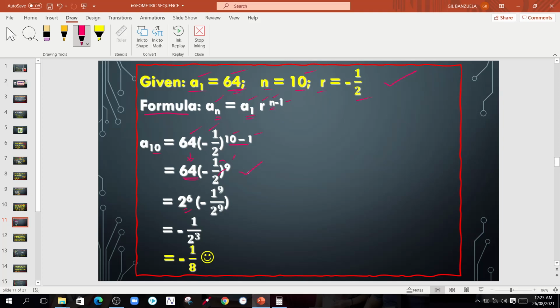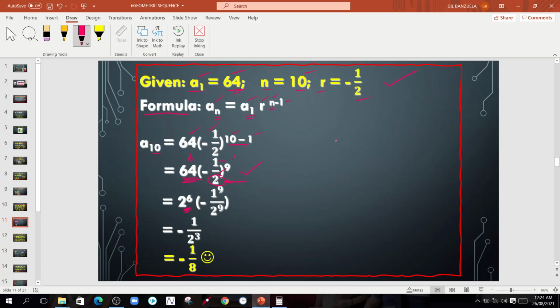Sir Hill, bakit based on 2? Ayan, meron na kasi tayong hint, guys, no? Ito, yung hint natin. So, kung ano man yung nasa denominator natin sa common ratio natin, probably yun yung magiging base na pwede nating i-rewrite yung first term natin. Diba? Another technique. Diba? So, dahil ito ay 2, so, we might think